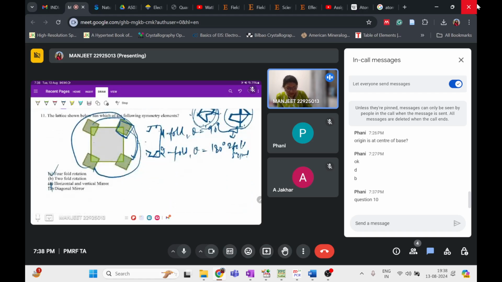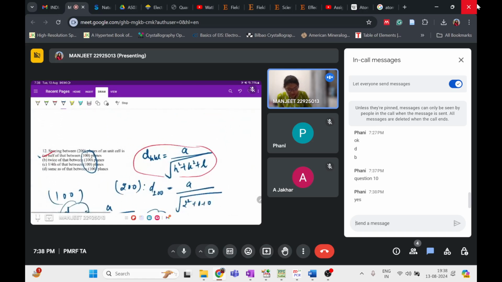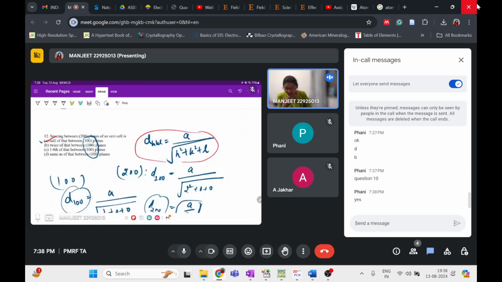In question number 11, I think it is clear now. I guess, Pani, what do you say? Is it clear? Yes. Okay. So in question 12 we have discussed the plane spacing between the different planes and how